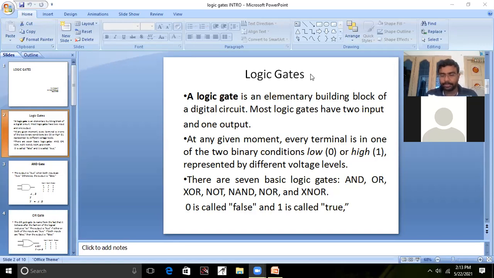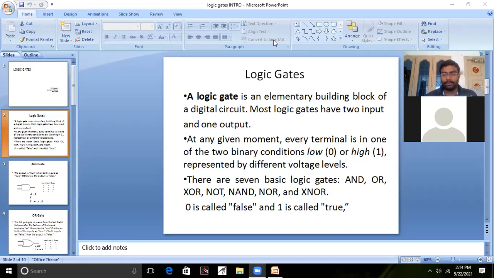First of all, remember, either 0 or 1 will be the input or output. You can take zeros as inputs, or ones as inputs, or a combination of zeros and ones as inputs in digital circuits. And your output also will be in digital format, with zeros and ones. Be clear with that. Inputs and output for any digital circuit, nothing but logic gates, will always be zeros and ones.